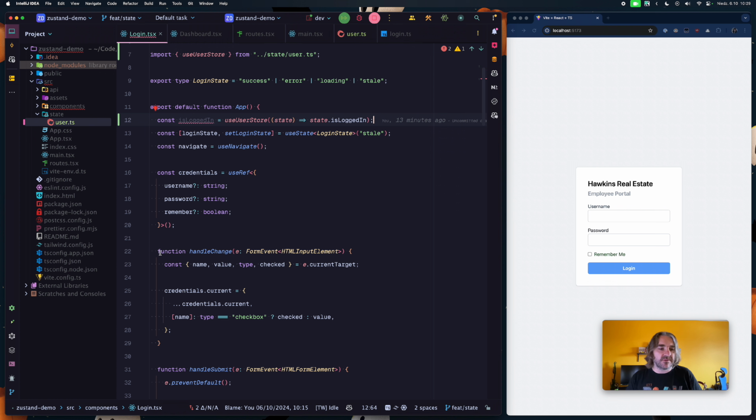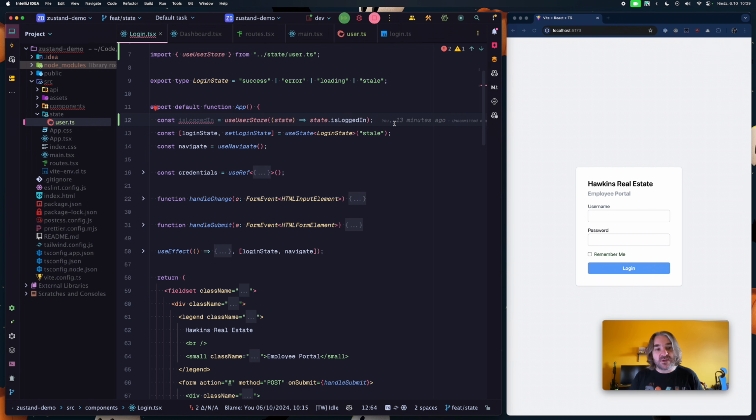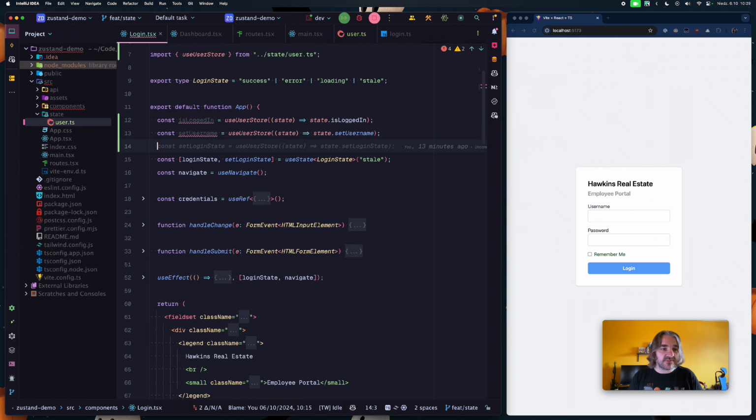I love this. Defining in the wrong places. Right. So we don't need these things. Right. So is logged in. What set username and set login state, and basically we can, I mean, we no